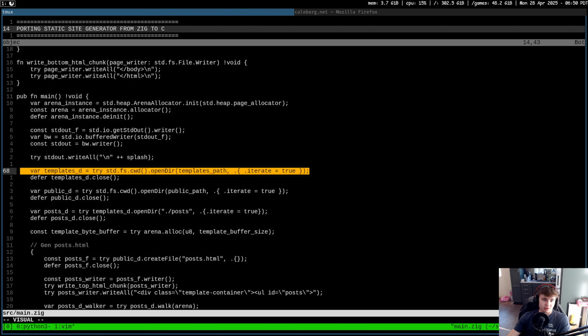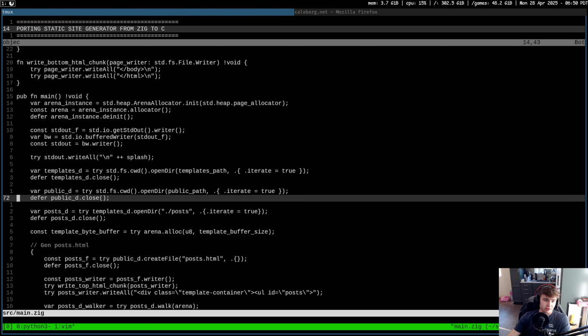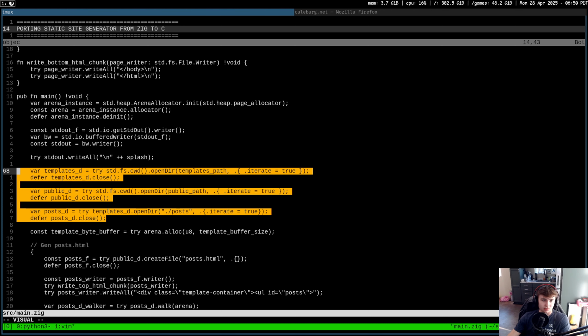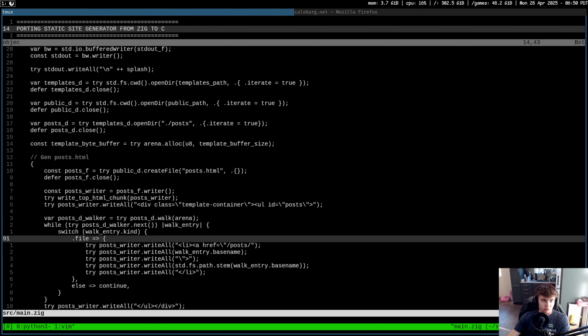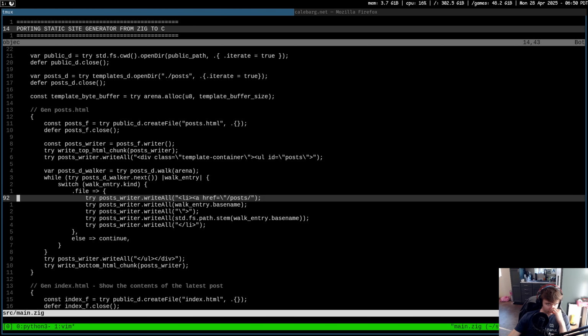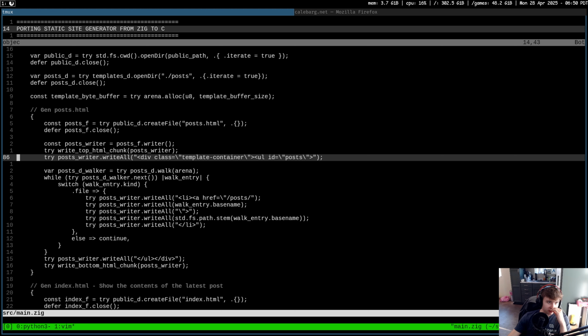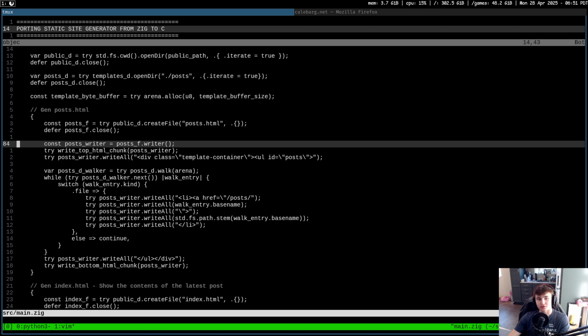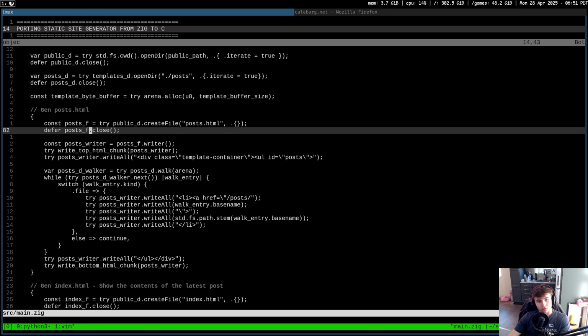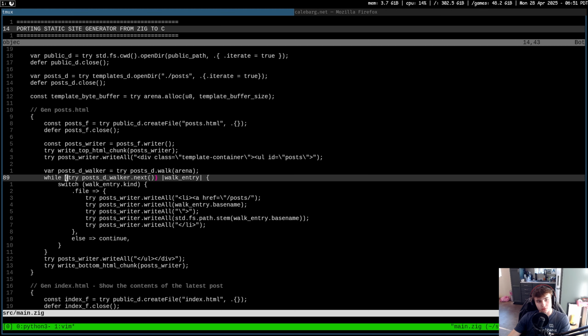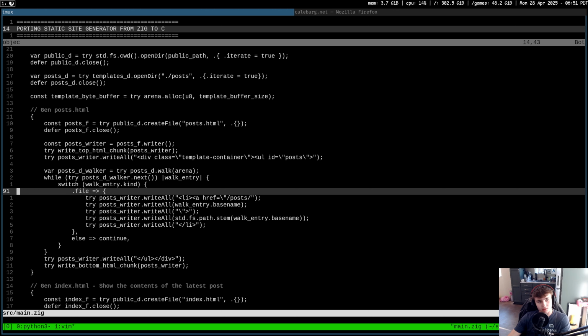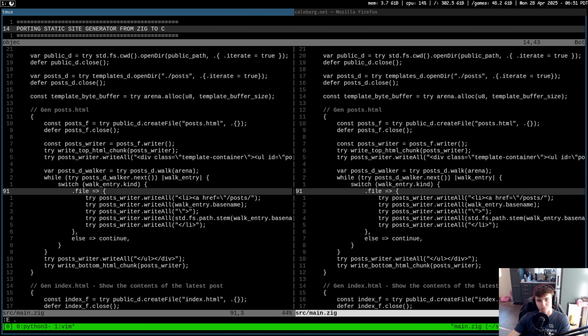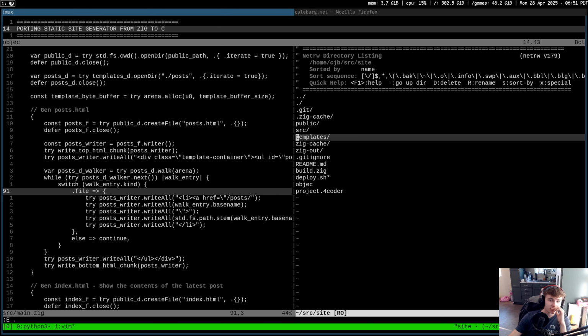So I open this templates directory, I open a public directory, and I open the post directory. Okay. So this code is responsible for creating the posts.html from the posts directory. Where's the while loop? So it looks at posts, if it's a file. So presumably if I go to posts inside of templates,